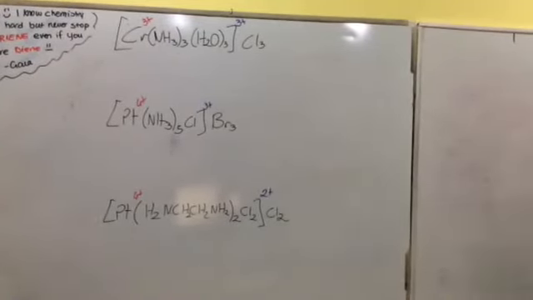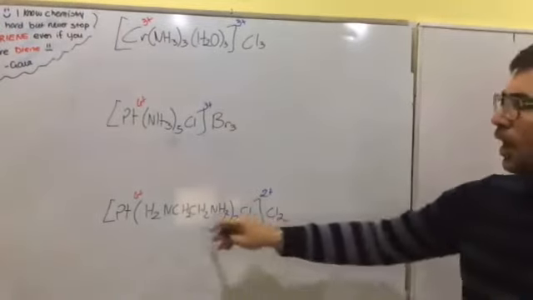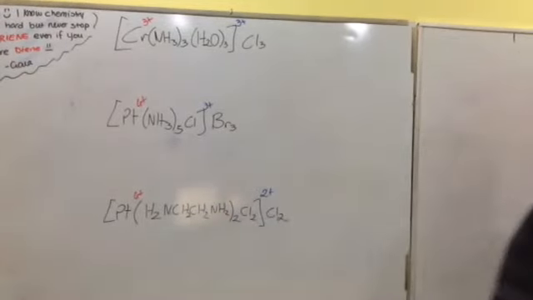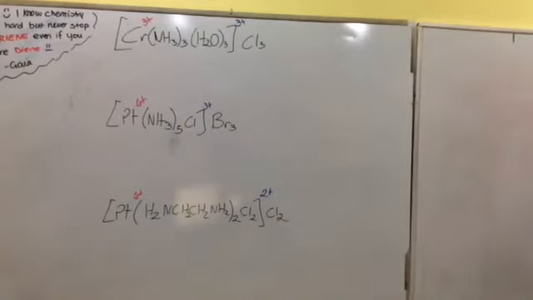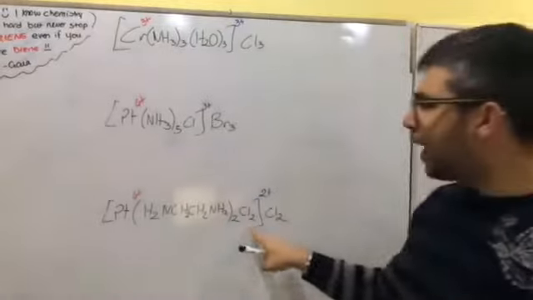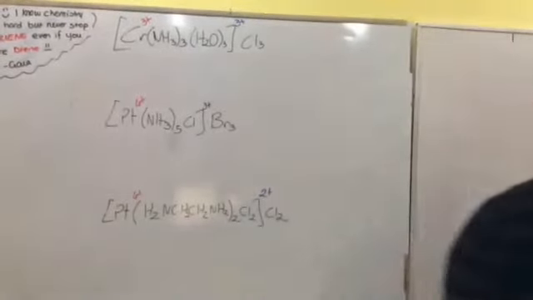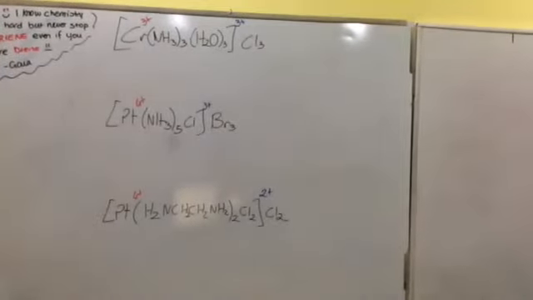Again, if it's 2+, ethylenediamine is neutral. Okay? From the chart I've given you. And Cl- is negative, but you have 2 negatives. That means that platinum must have been +4. So,